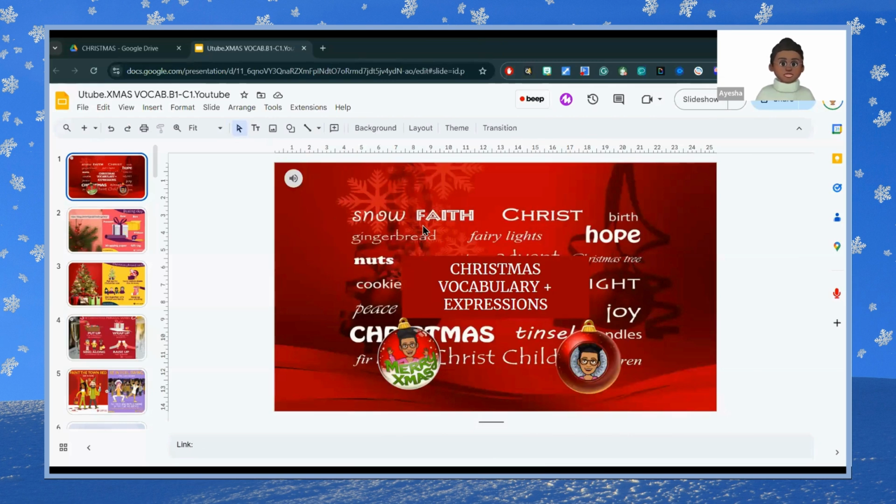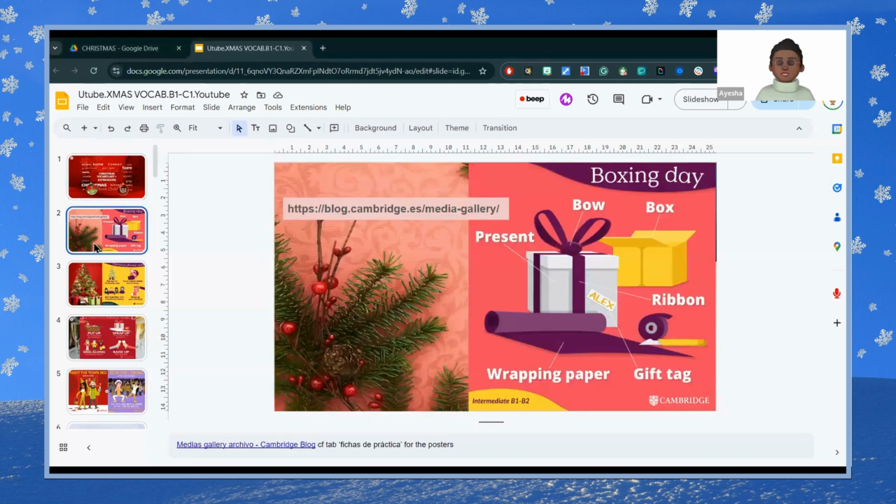So here we are in Google Slides, and here's an example of how you can put together your vocabulary slides list. So I've got a title page, and here I've used images from the Cambridge Spanish website,